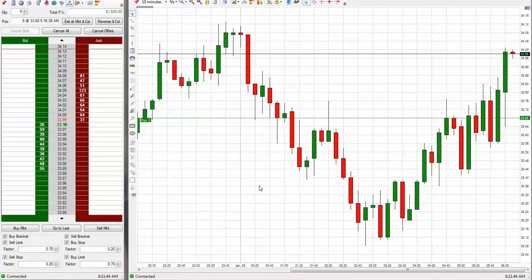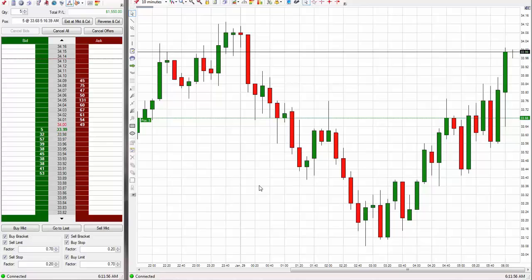A lot of you, or some of you, have been asking how do you know how much to go for? Well, it's all in the chart. What's it running right now? Is it running 50 ticks? 80 ticks? 100 ticks? 150 ticks? What's it running? That's how much you know to go for.